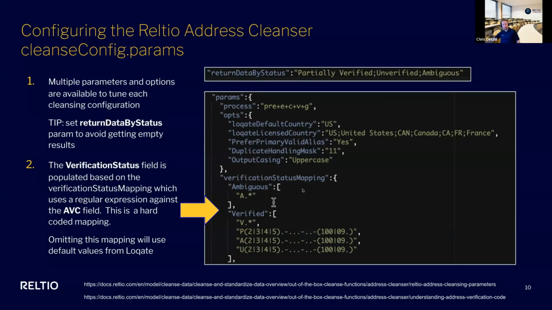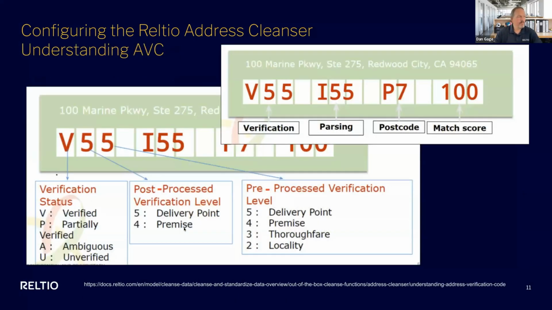Thank you. Can you quickly provide a real world example where chained cleanse configurations are used? Yeah, and I think the example we just gave is where you may want to use different parameters for different regions, and that gets into your verification status mapping. You'll see here that the verification status assigned to a record is based upon this verification status mapping. If this field is omitted from your cleanse configuration, it will use the Locate default mapping, but you have the ability here, based upon those address verification codes that Locate returns, to set up how that information is